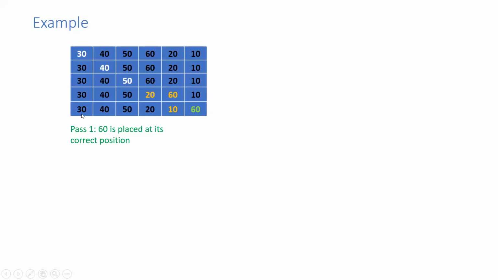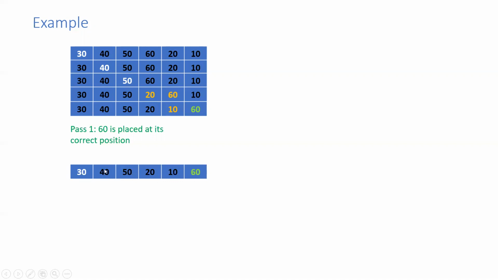Now we'll see that. So this is the new array which we have, and what's the process we are going to follow? We'll pick up the first element from the array. We'll compare this element with the next element in the array. So, is 30 greater than 40? No. So we'll keep the array as is. We'll not change anything. So you can see it here as is.